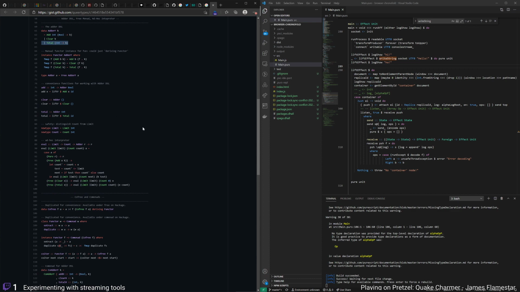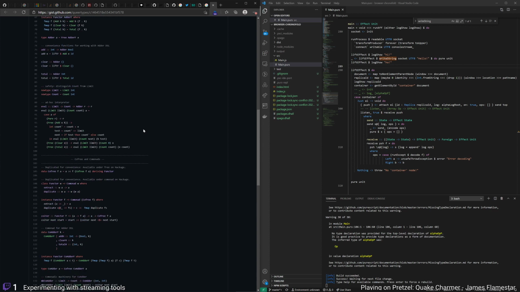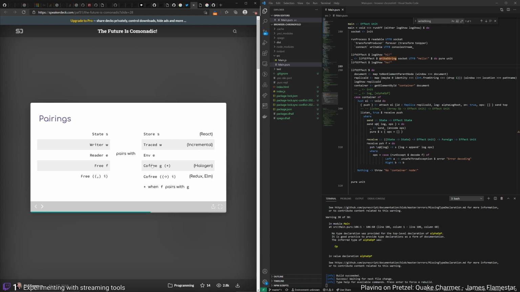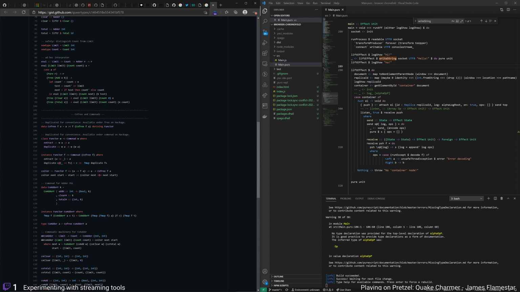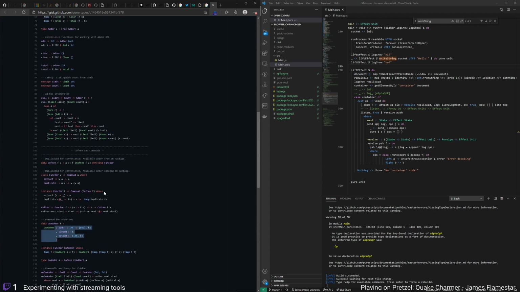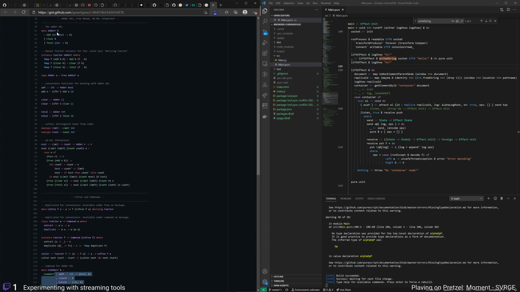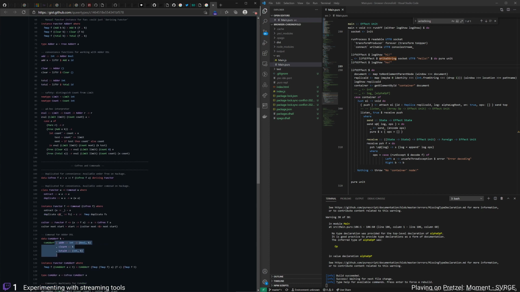So is even the co-free comonad explicit? I'm not even sure whether it's written explicitly here. No, it is, yes. Co-adder. So that's the co-free comonad here. Also the other side of the pair is defined in terms of a product, so here a record, whereas the base functor for the free monad was a union type. Here the base functor for the co-free comonad is a product type, and